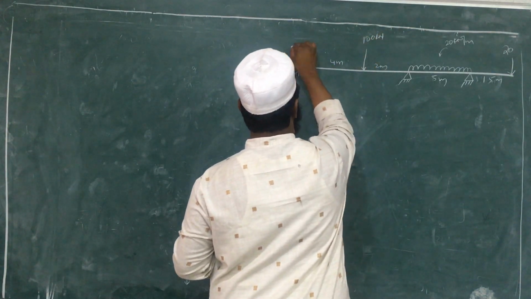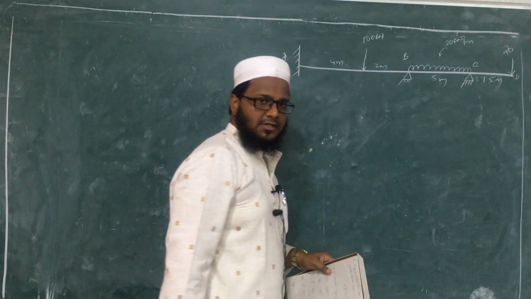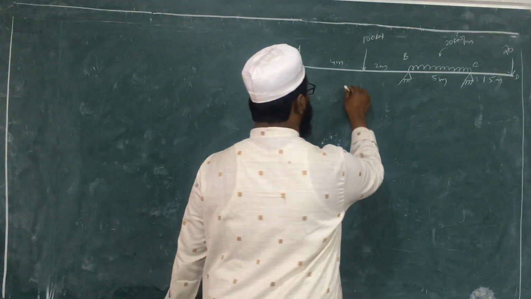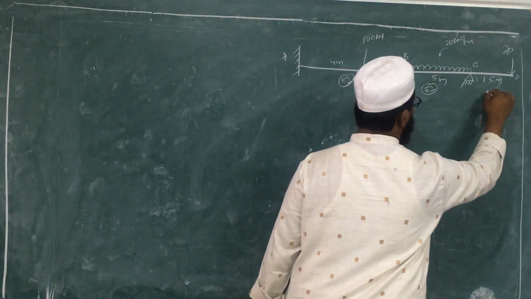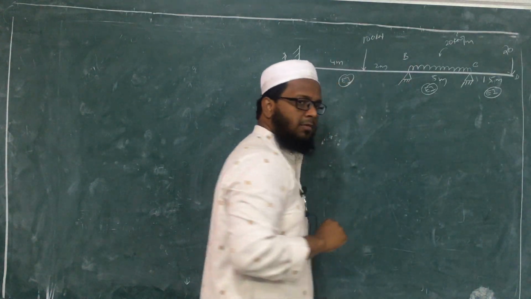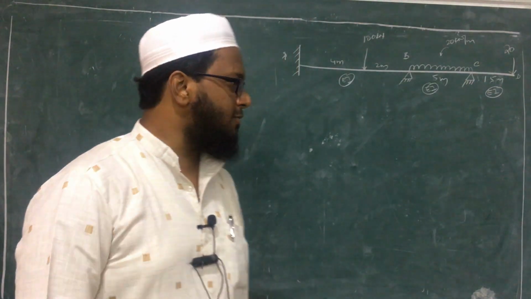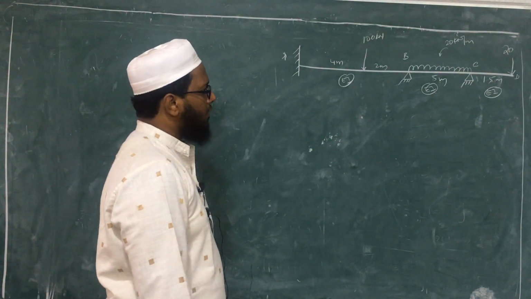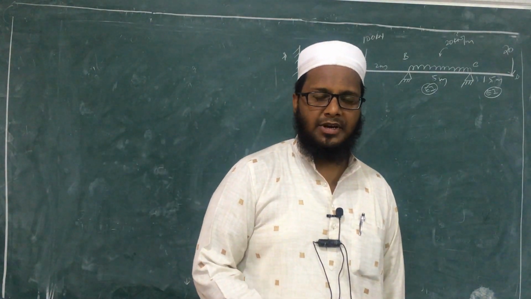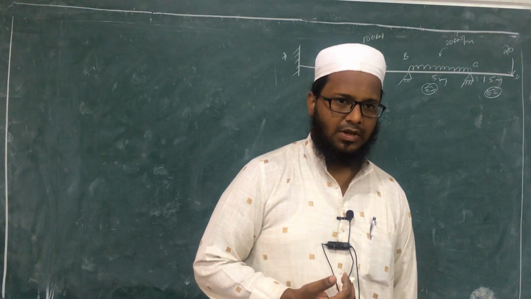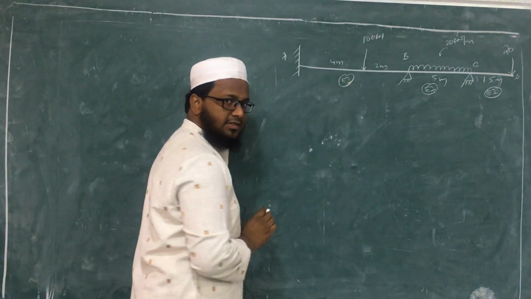And we have named this beam as A, B, C and D, isn't it? This is what we have named, and it has been given as EI for each span in the problem itself. So now we have to calculate shear force and bending moment for this beam. Before calculation of shear force and bending moment, we have to calculate reactions. For the calculation of reactions, we will try to split this part, that is AB.